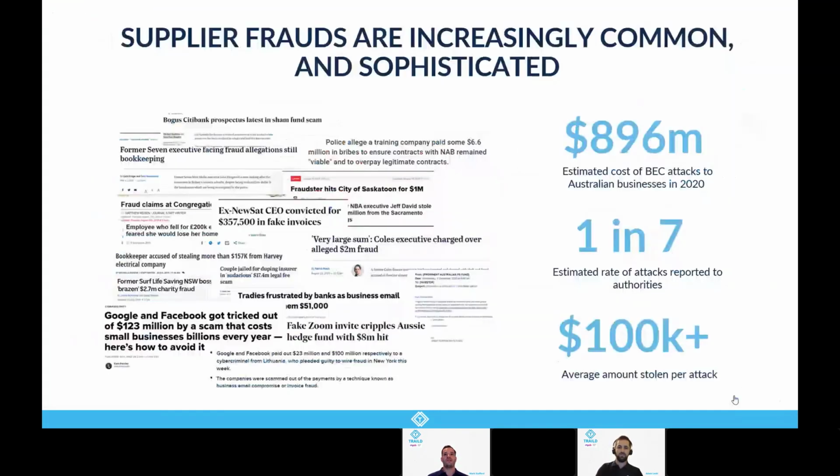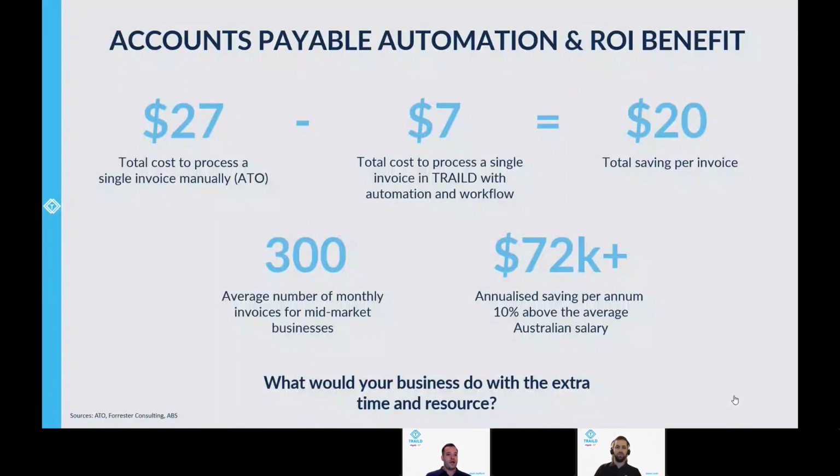Yeah, great. Thanks, Adam. Appreciate that. So look, the ROI benefits of AP automation are actually relatively simple. The ATO has done some research and they've worked out that it costs about $27 to $30 to process a PDF invoice manually. And that's taking into account staffing costs, processing time, data entry, and so on. We've worked out that with TRAILD, the savings is approximately about $20 per invoice. So the average business processing 300 bills per month would save an estimated $72,000 per year in those overhead costs